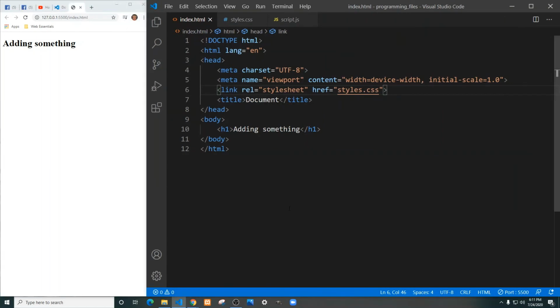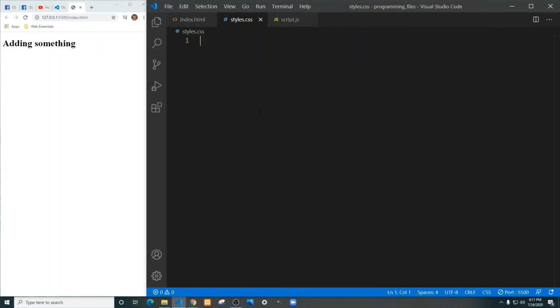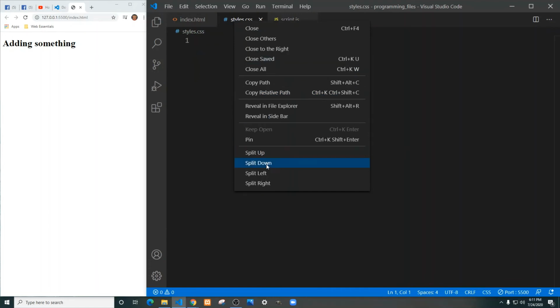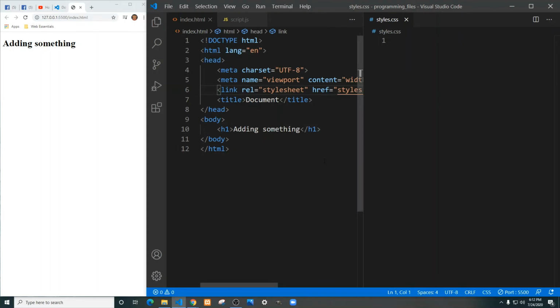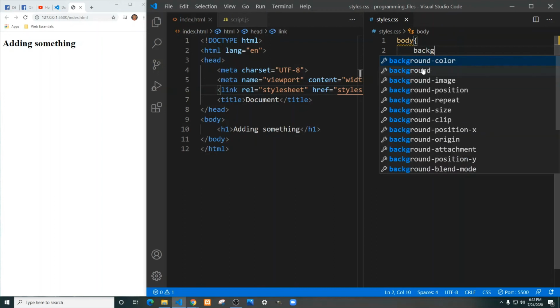If I move this down a little bit, let's click on the actual styles file, and I'll right click, and I'm going to split that to the right, and then I'll just close it here. All right, so now I can see my HTML to the left and my styles to the right, in which I'll create a quick rule. I'll just use the body. All right, and if this looks like gibberish to you, don't worry. It's actually covered in the CSS portions of the channel, so you can click on my CSS fundamentals playlist. I'm going to turn the background color